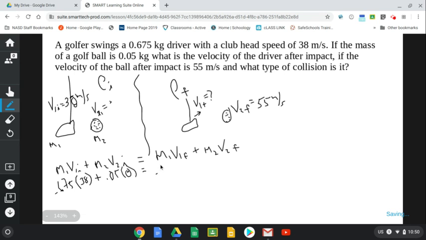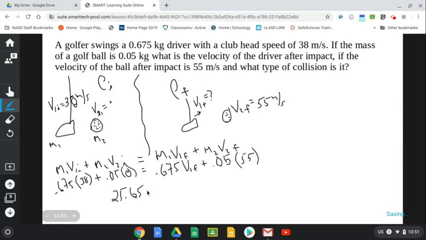That's going to equal 0.675 v1f plus 0.05 times 55. Okay, time for calculator. So on the left side, we have 0.675 times 38. That's going to give us an initial momentum of 25.65